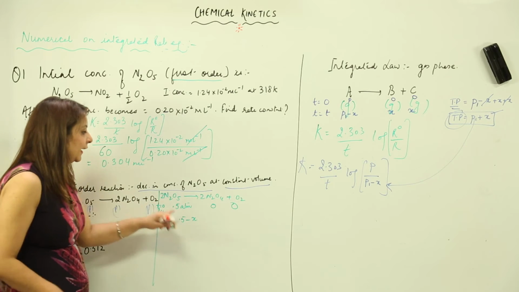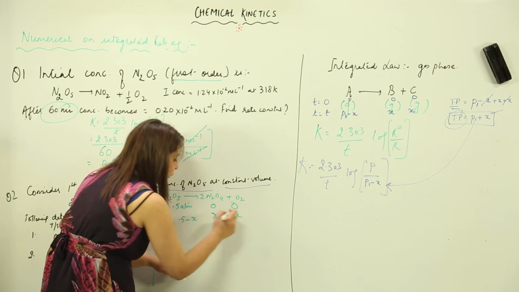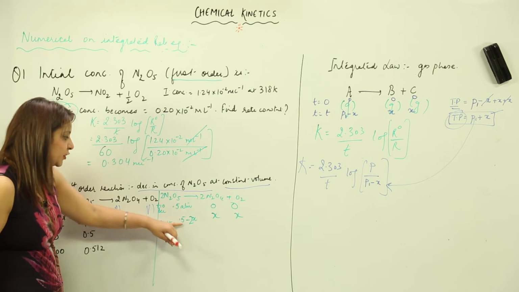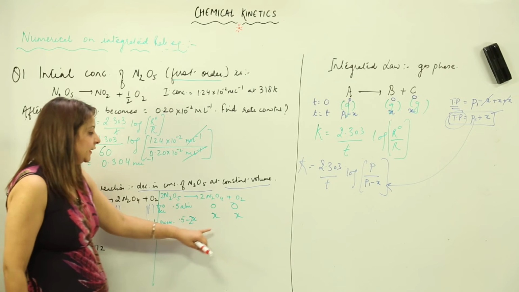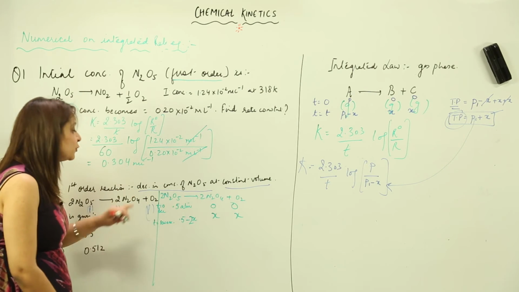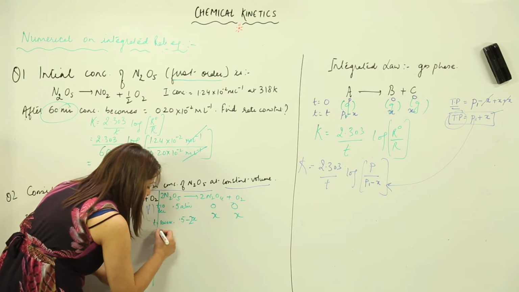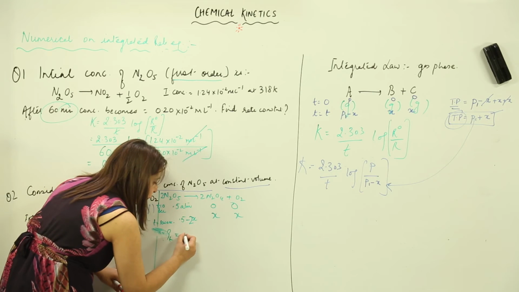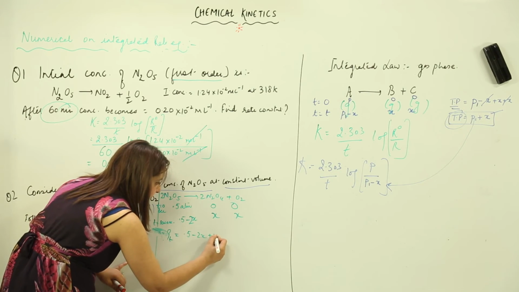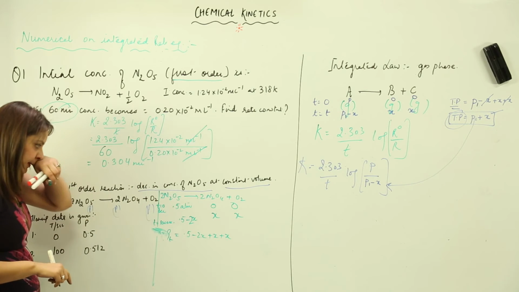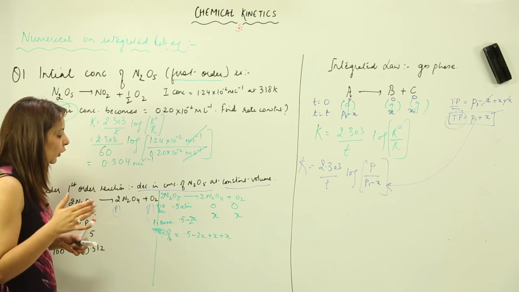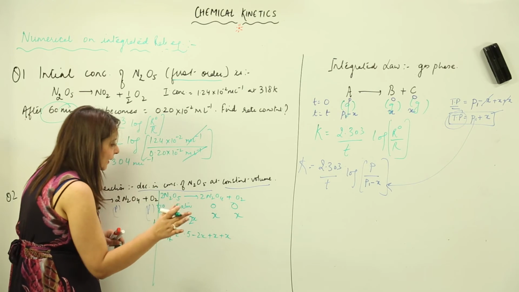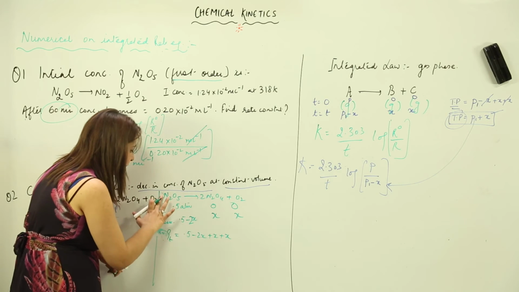Let us suppose the formation of the products is x and x, and since this is 2 moles, we write 2x. So the pressure becomes 0.5 minus 2x, because it leads to the formation of 2x. What is going to be the total pressure? Obviously the total pressure, PT, is equal to 0.5 minus 2x plus x. This just cancels out, as we can see. So let us change this equation, I am just cancelling the moles.